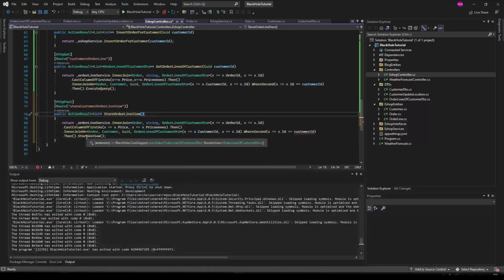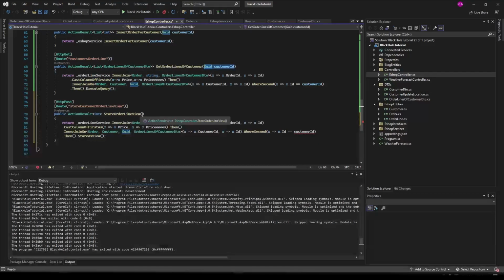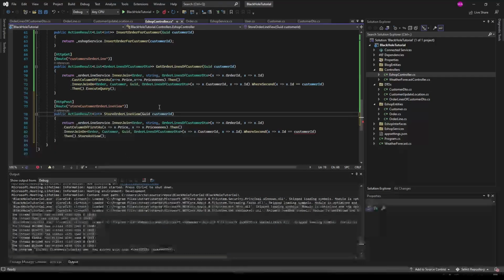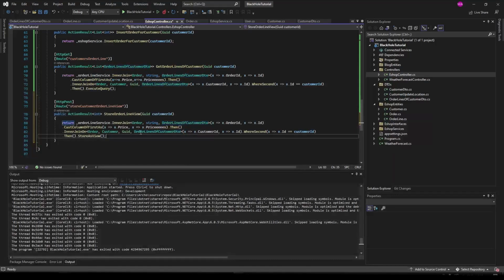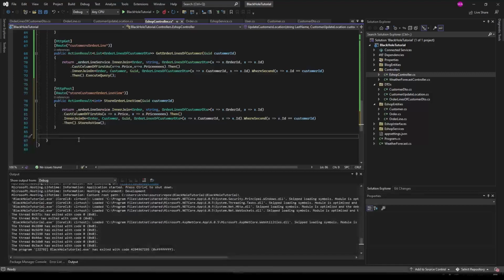This returns an integer, which is the position of the stored view. Oh, we need the customer ID, sorry. We are not going to use the integer, it's just for demonstration. You can call the stored view by the DTO using just the DTO for now. So we will store this as a view, and we are going to make another endpoint here, HTTP get,